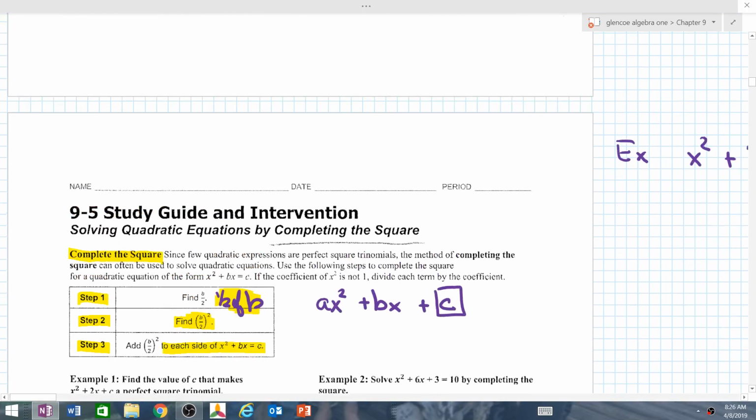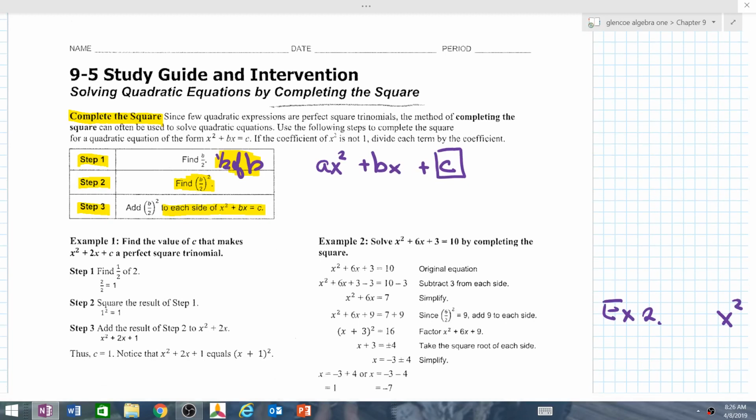Good morning. Welcome to lesson 9.5 and the first half of 9.6. Today we're going to talk about solving quadratic equations by completing the square and by also using the quadratic formula. Basically, this is an Algebra 2 type of solution that they like students to use. However, I'm just going to introduce it to you and tell you exactly what you're going to